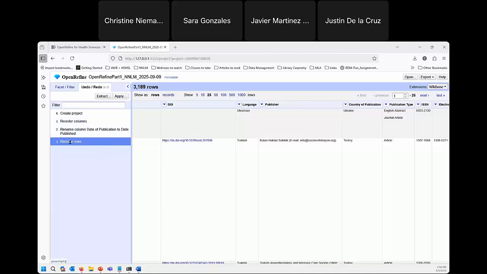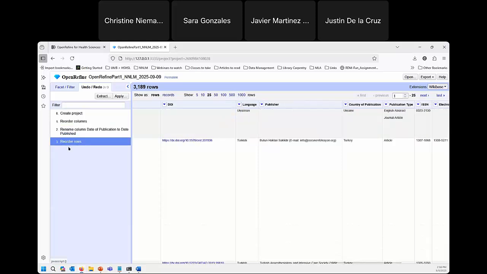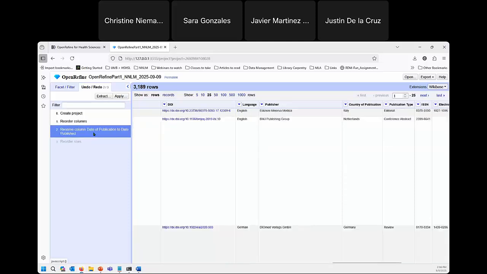But for right now, I just want to undo my reordering of the rows. So what I would do is click back on the last step that I do want to have taken. And you'll see now this reorder rows has become grayed out. That means that I can reapply it if I said, oh, actually, no, I wanted to reorder the rows. I could redo that action. The only thing is it only lets you